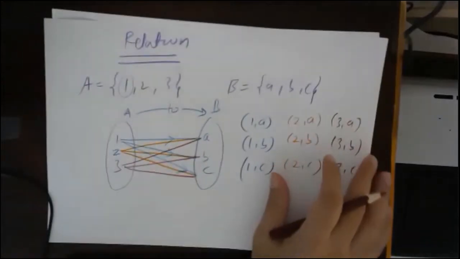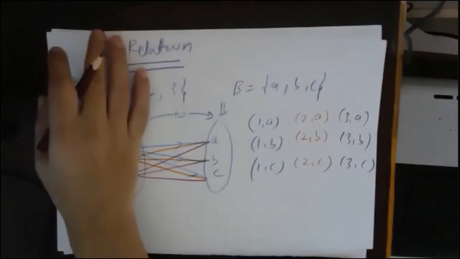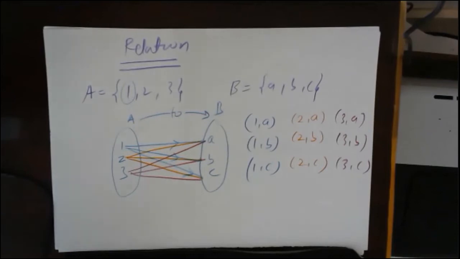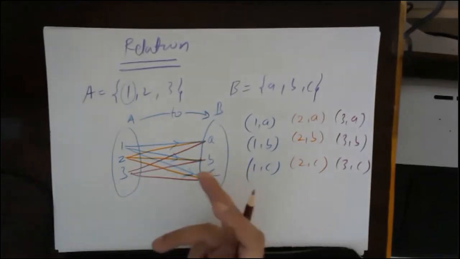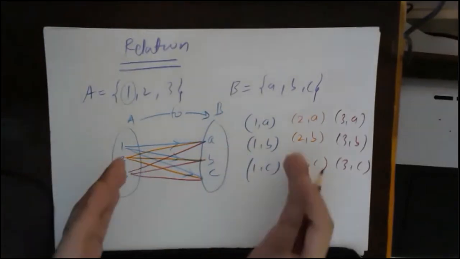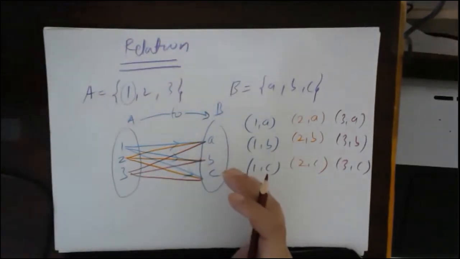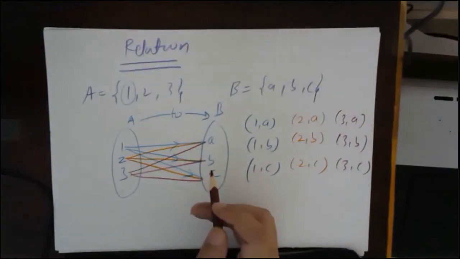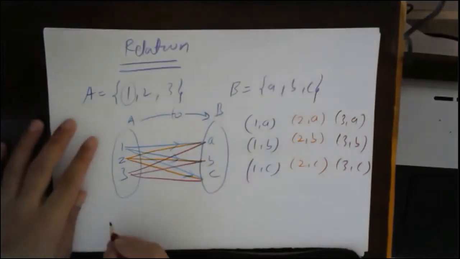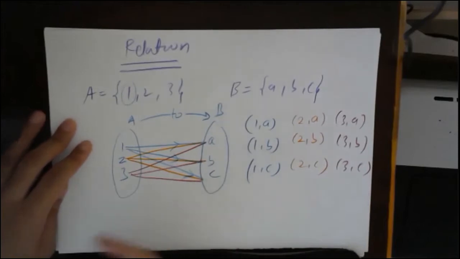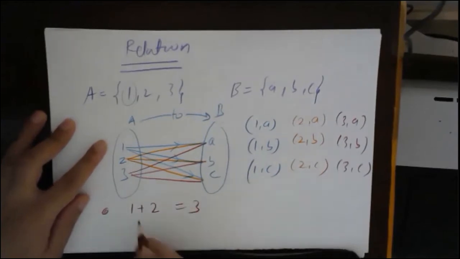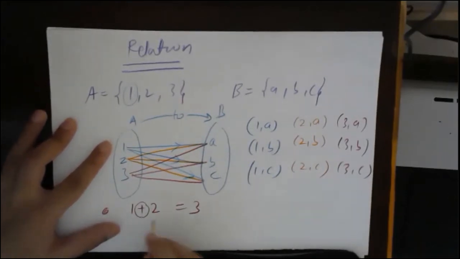Now, the thing is that we always want to give a name or a particular method or way of representing something, such that when you see that object, you will have the same perception, and when I see it, I will also understand what you are trying to write. For example, all over in maths, 1 plus 2 will be 3. That means this plus means that I am adding 1 and 2. So this plus will be the same for everyone.